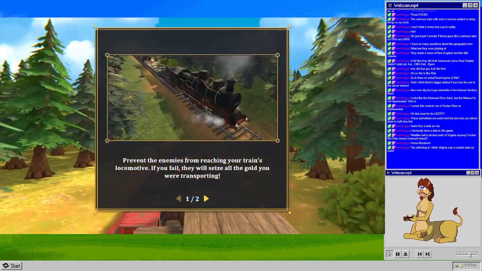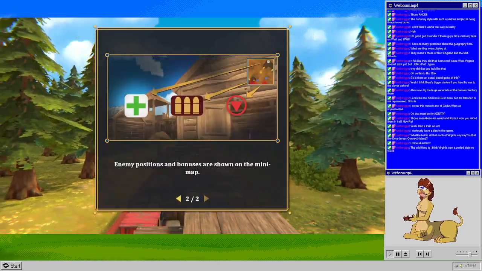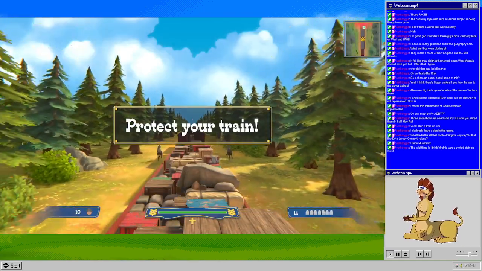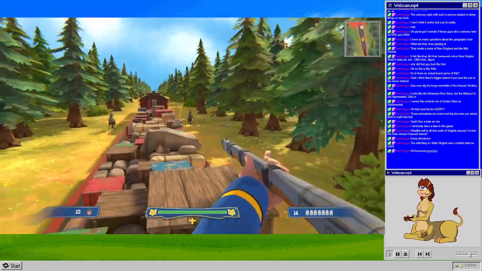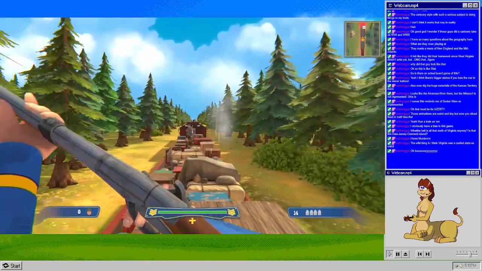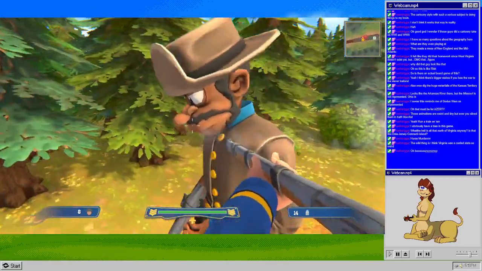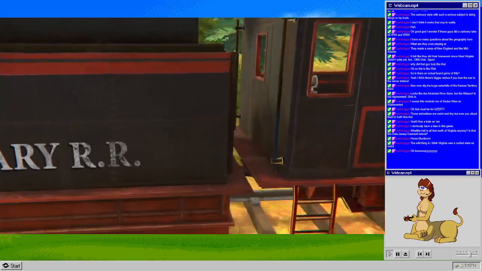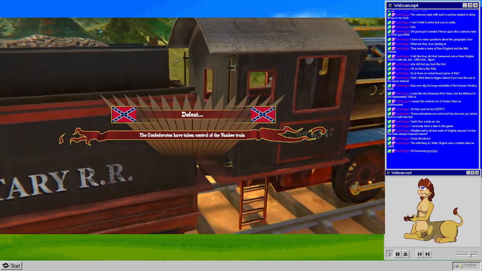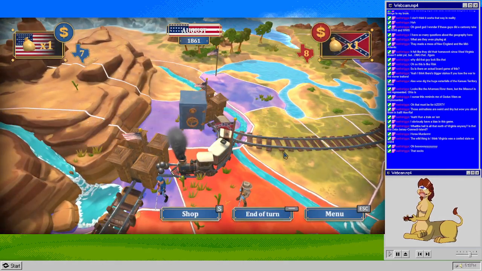So, prevent the enemy from reaching your train's locomotive. If you fail, they will seize all the gold you were transporting. Any positions, a bonus shown on the mini-map. So this is a first-person shooter type event. Protect your train. Well, crap. Spoils, 3 sacks of gold. Well,